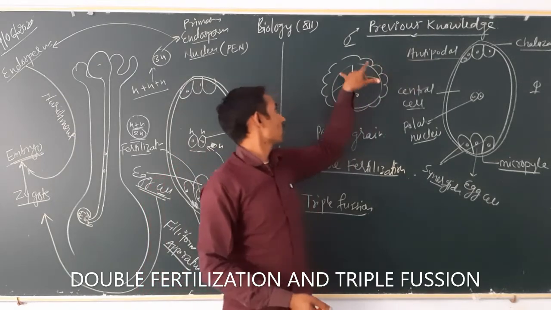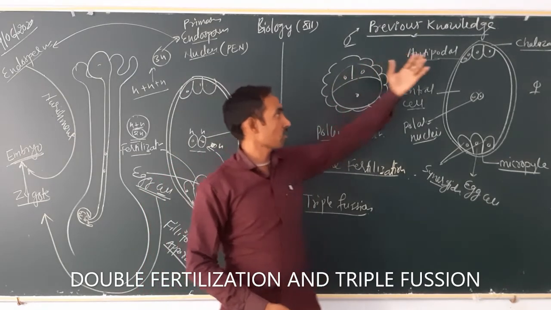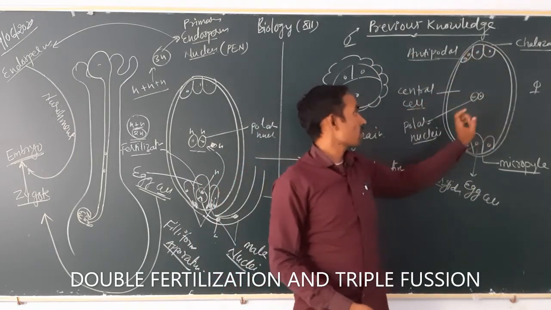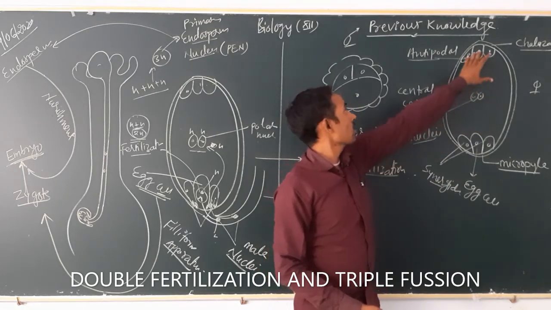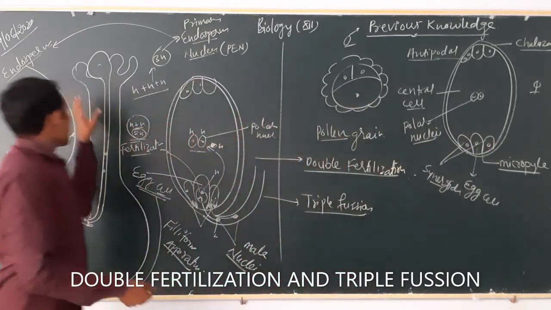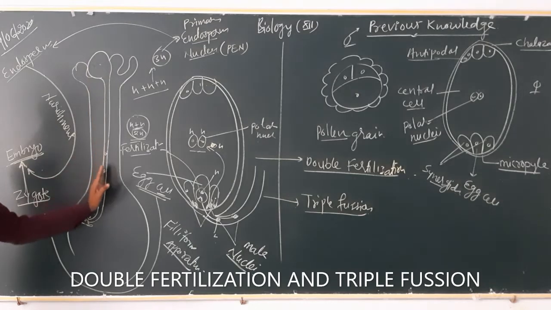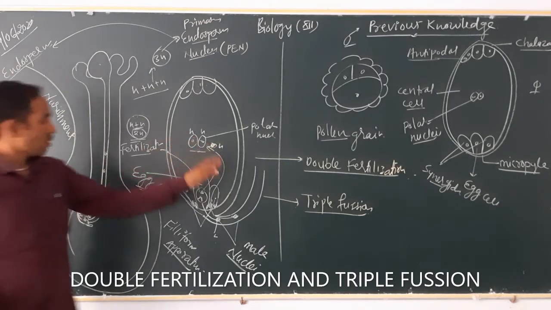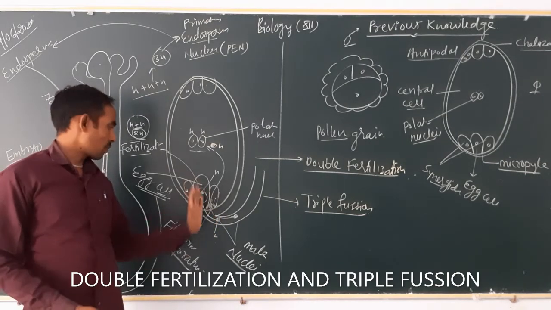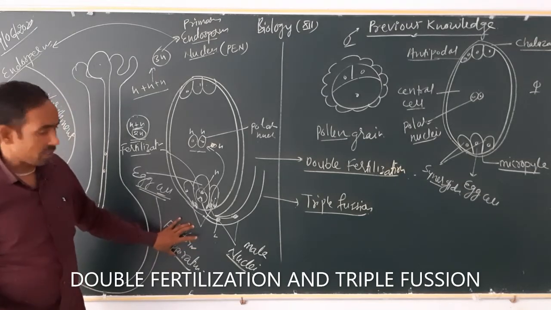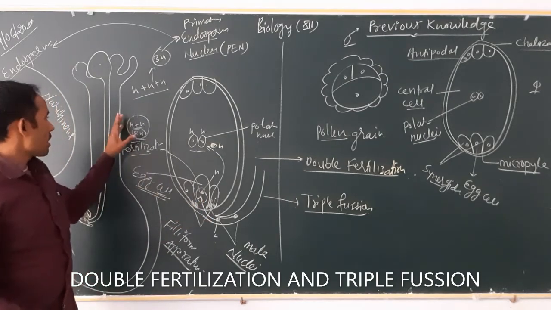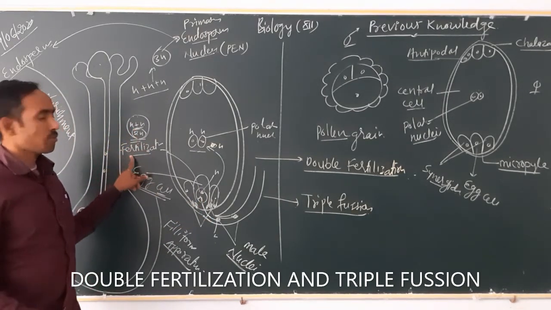This is the pollen grain. It has 3 cells, one is vegetative, 2 are generative. This is the embryo sac, or you can say the female gamete. It has 8 nuclei, 7 cell stage, and the central cell has 2 nuclei. These are antipodal, and these are 2 synergids and 1 egg cell. After pollination, the pollen germinates and both nuclei reach the ovule through the pollen tube. When they reach the micropylar end, the 2 synergids provide the pathway, called the filiform apparatus. Through that pathway, one male gamete reaches the egg cell and fertilizes it, and N plus N becomes 2N. This is called fertilization.